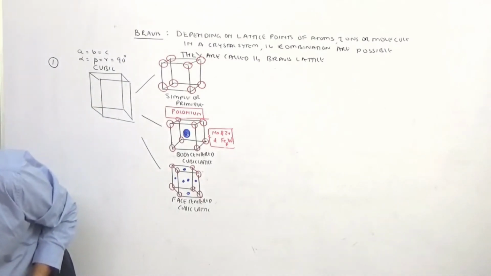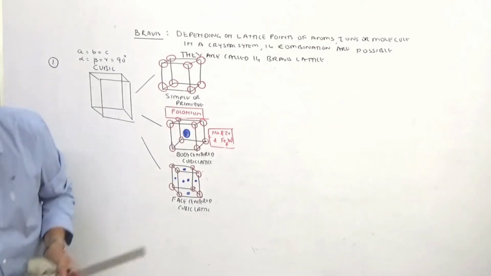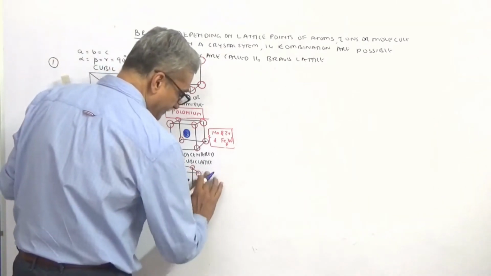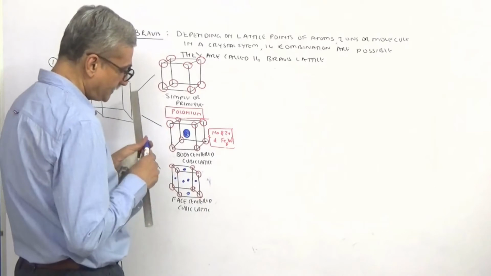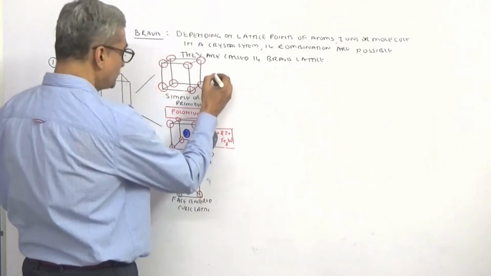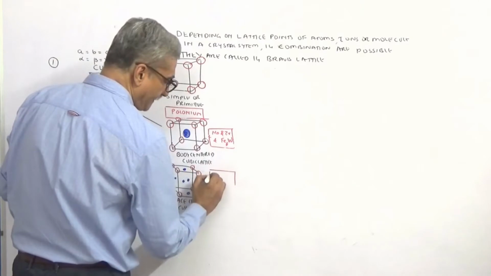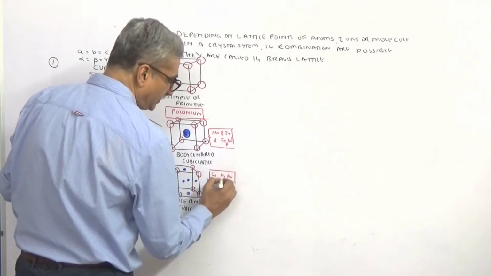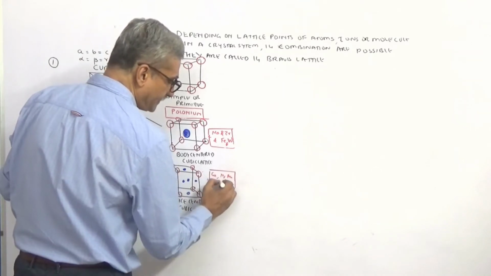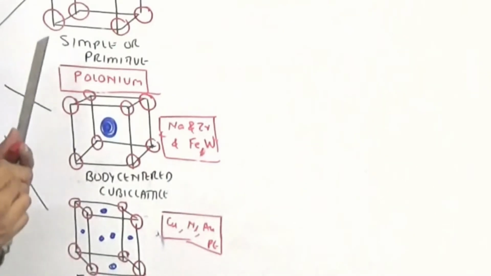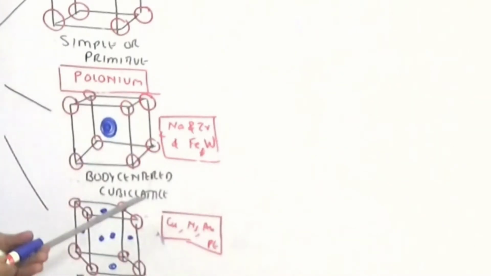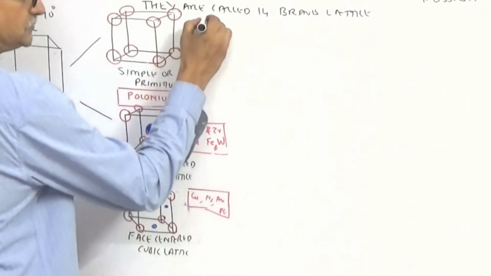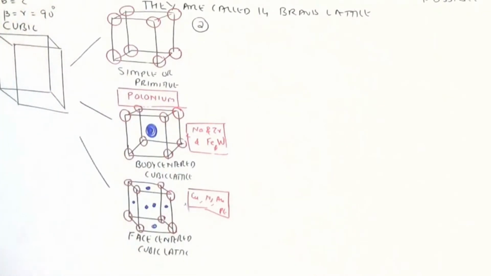Examples of face-centered cubic lattice will be copper, aluminium, nickel, gold and platinum. So we have copper. So the example of this will be, polonium I have written for this one, yes. Copper, nickel, gold and platinum. Okay. Then we come to the second one. They are difficult to accommodate, we'll see. So the second one, what was the second one that we had?